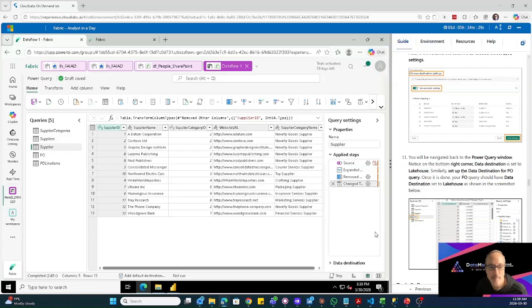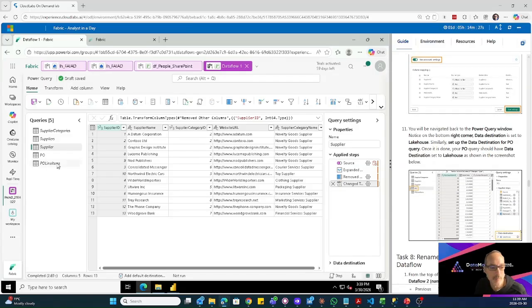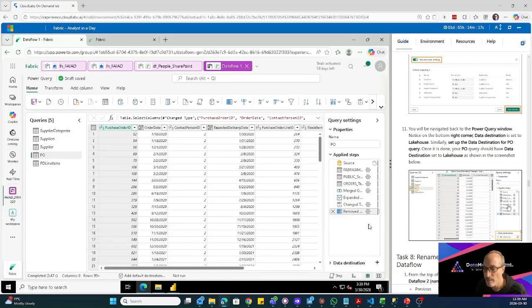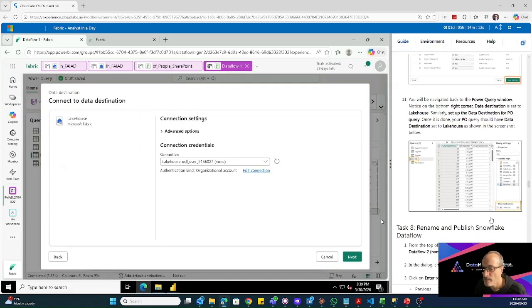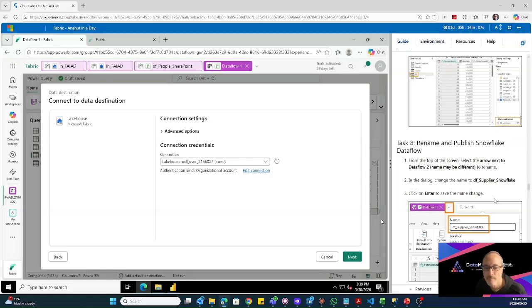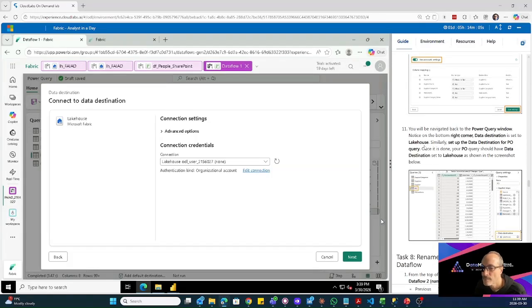So we are in the Power Query, and now we want to do it with PO. Oh, here it shows you the other way to do it. There's a reason. There's a lot of brains in Microsoft. There's a purpose for everything. So we're gonna go this way. So it's the same thing, the same steps as before, but this time